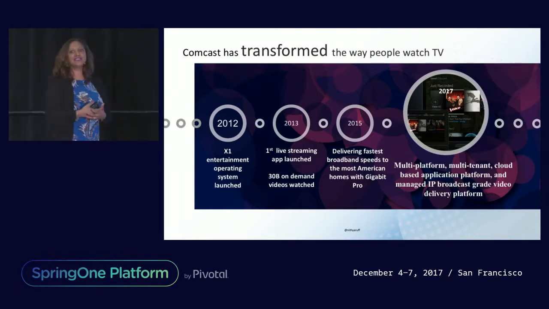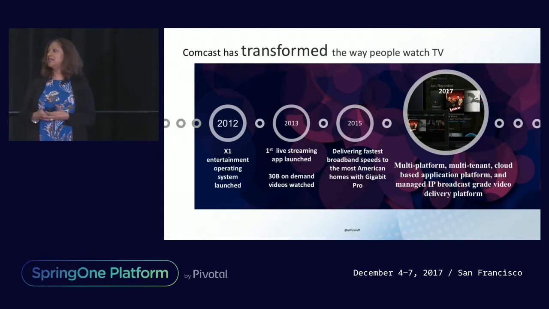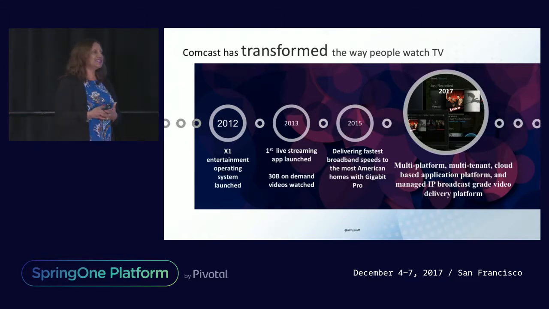We also found that the world was moving to more streaming apps, and we introduced streaming video and on-demand in 2013. And every X1 consumer gets streaming apps and streaming application on their mobile phone or on their iPad, rather. And you can stream it on the air like Shilla does, or you can stream it in your room. So this is something that we did with 30 billion on-demand video streams so far.